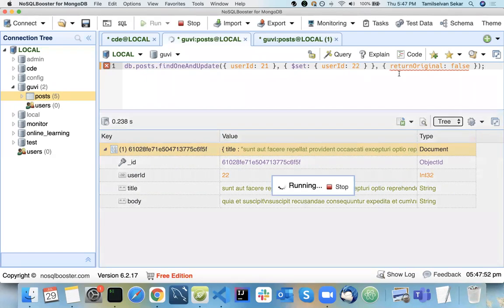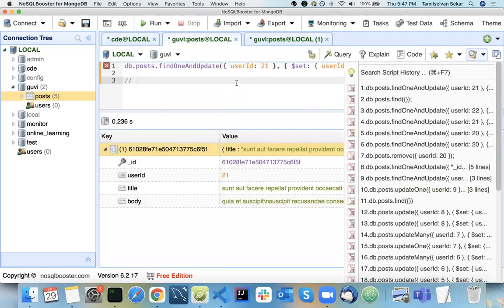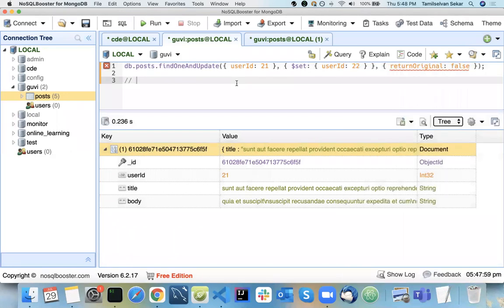So here there are two parameters. One is return original and something called new. I'll check that particular property alone. What happens here is if you use return original, it depends on the version. I use MongoDB 3.6.2. Based on the version, they have updated the documentation. The current version is MongoDB 4, I think. So in your fourth version, you need to use something called new equal to true. What it means is after updating the data, retrieve the newly updated data, not the old one. So that is what you need to use.